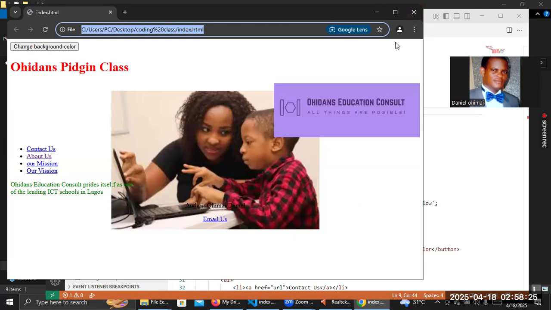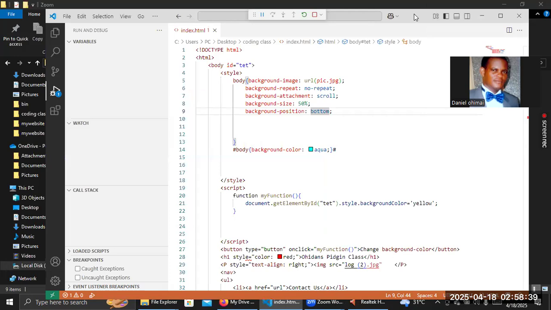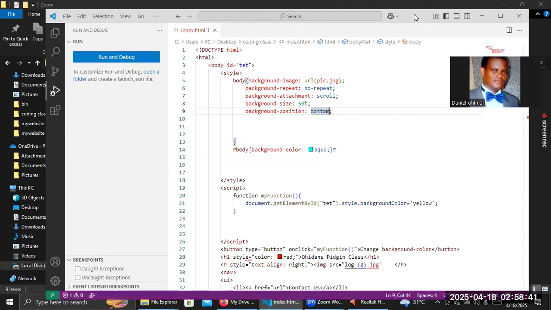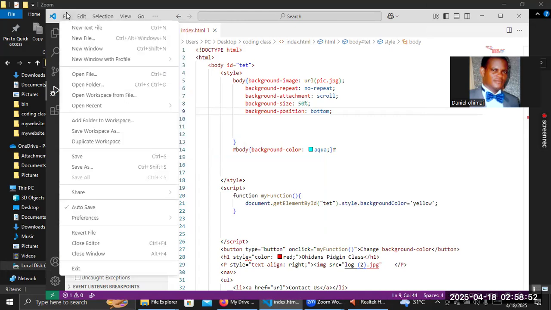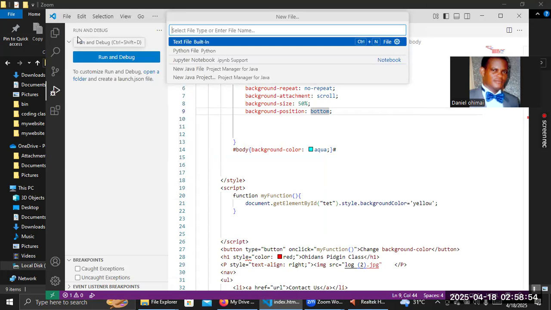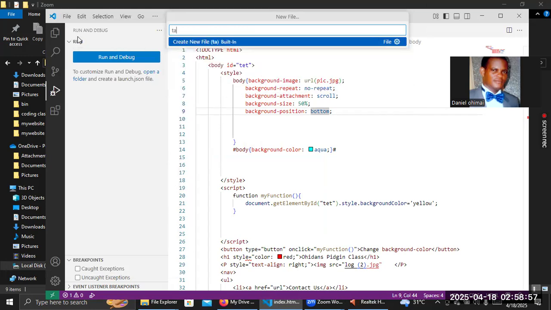So the next video that I want to attach to this video will be how to create a table, and how you can create a form with select options where somebody can select some things inside that form. So what I will do now, I want to create another file. Just say new file. I'll call this one